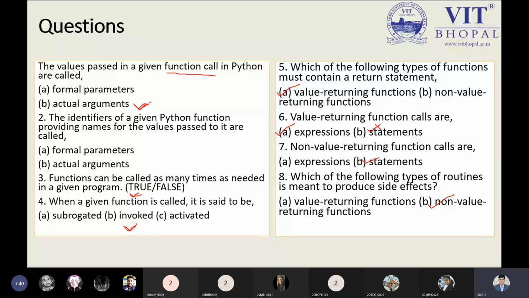Any doubt? Sir, from how many modules will questions come in the quiz? In the quiz, I will ask a few questions from unit number 1, and some part will be from units 2 and 3. So we have already covered